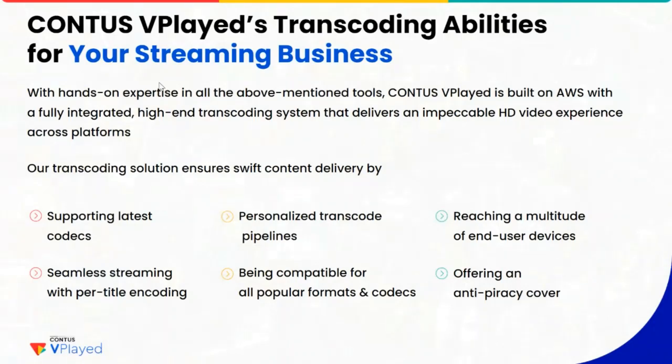Per title encoding is nothing but, if you are setting up certain presets, those presets won't work out across all the movies. I can give you more clarity here. In case you're having a slow motion movie, obviously it would demand some kind of slow motion handling even if you have transcoded. At this point, the transcoding is a kind of sizable size down, right? So you are going to transcode it. At this point, we have to set up personalized presets for this type of thing. Of course, it's all based upon the content. We have to set those presets dynamically, so that it works for a particular video, whatever the source of the videos.